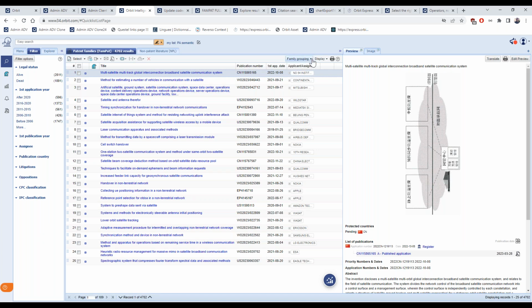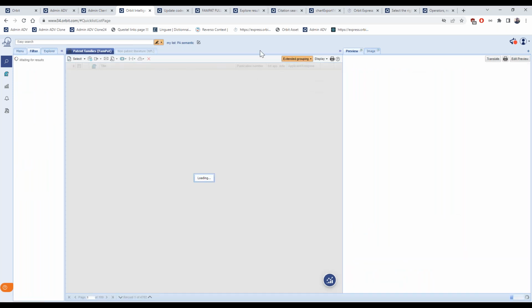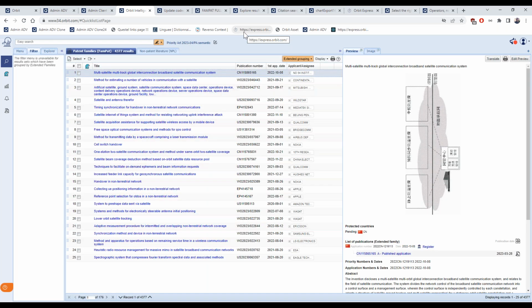We saw the family grouping. You can also group the results by extended patent families. In the extended database, let's say, you don't have filters for that.